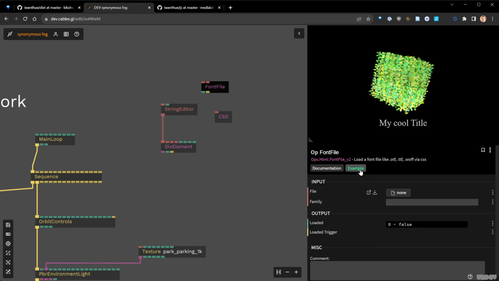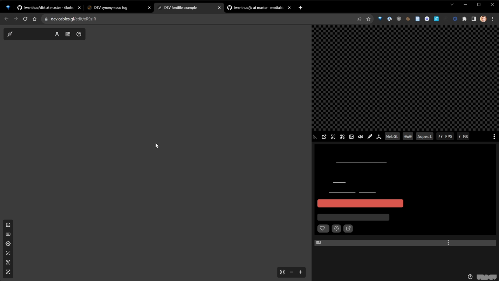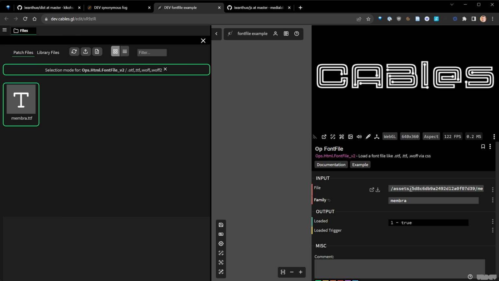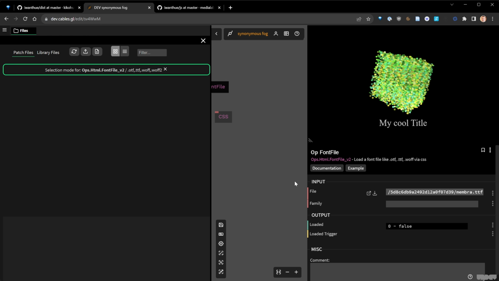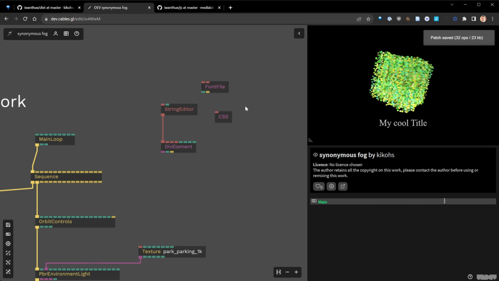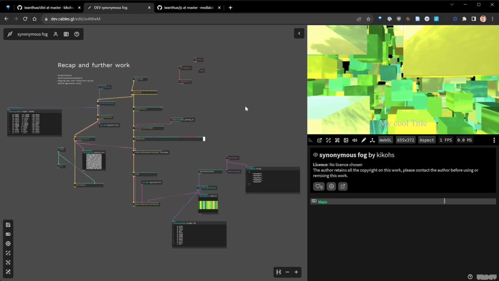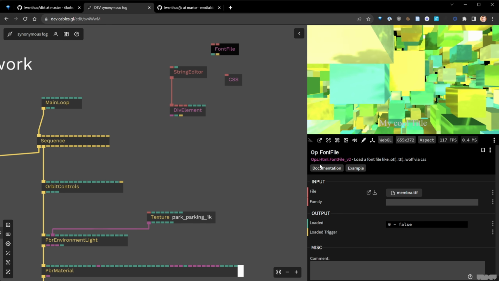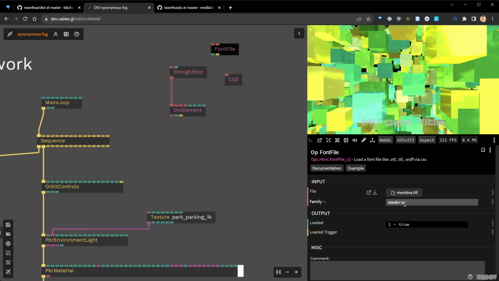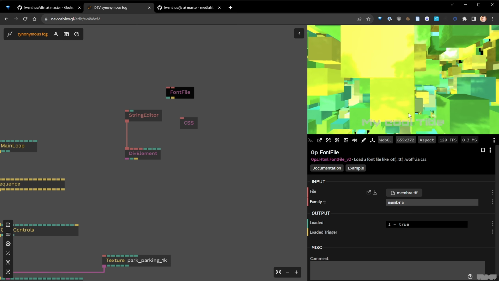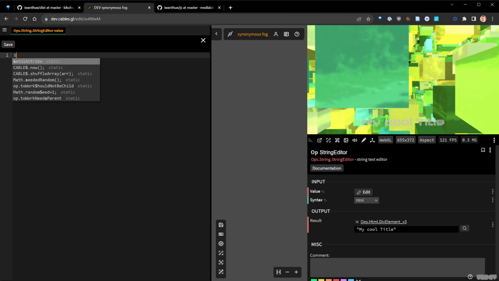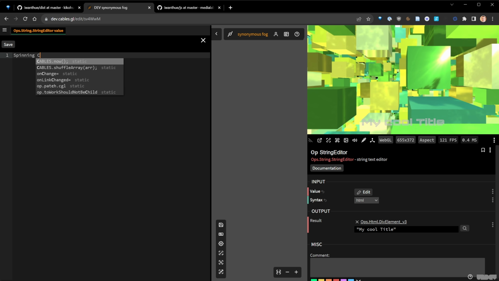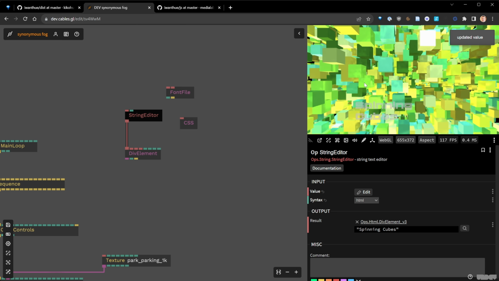But what I did is I simply cheated. I opened the example. I took the path to this font because it's hosted by Cables, basically. Close this, paste it here, and now saving, reloading, and technically, if something worked and I put here the right family, yes, now my font is loaded and I can use it. So maybe my cool title is not good. Maybe we can call this, spinning cubes. Yeah,